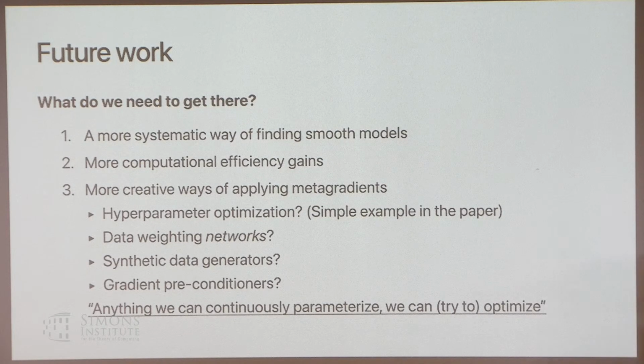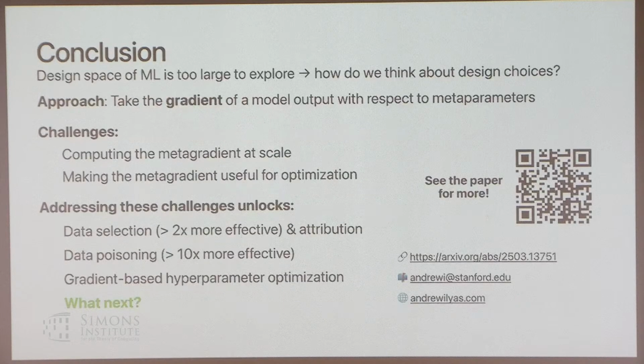Or if you have some kind of gradient preconditioning, and you want to optimize the actual preconditioning matrix for generalization, you can do that. And so I think we've only really scratched the surface of what we can continuously parameterize before training in order to improve model behavior. This is a recap. I know I'm just out of time, so I'll let you read this slide and maybe take some questions now.